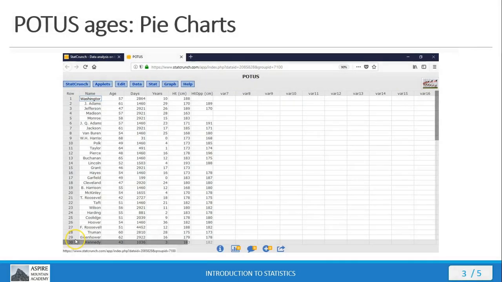Now, you can make pie charts in StatCrunch. Let's watch a short demonstration of how to do that for the ages of elected U.S. presidents using the POTUS data file in our StatCrunch group. Okay, we're here in the POTUS file, and we're going to make a pie chart from the ages of elected U.S. presidents. So to do that, we're going to go up here to Graph,